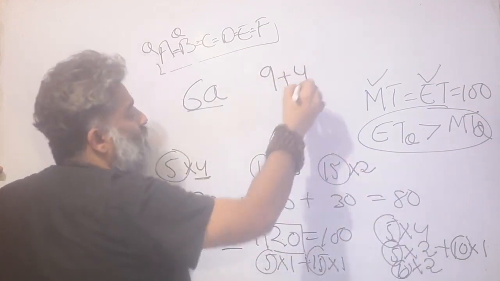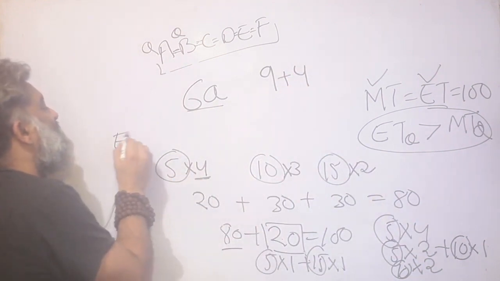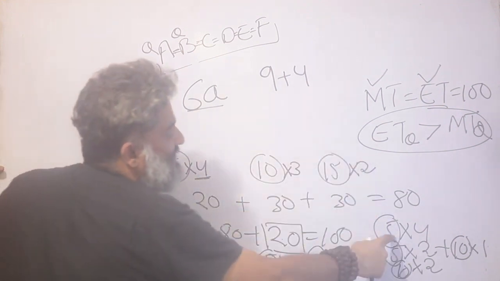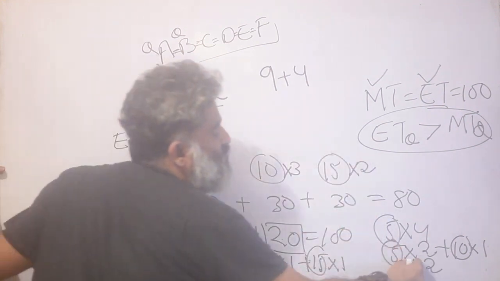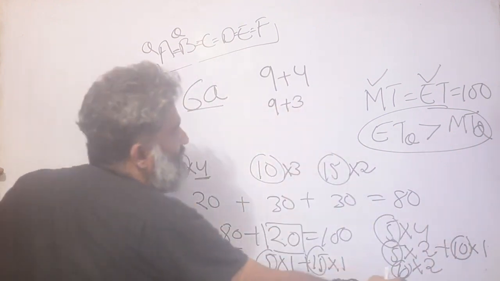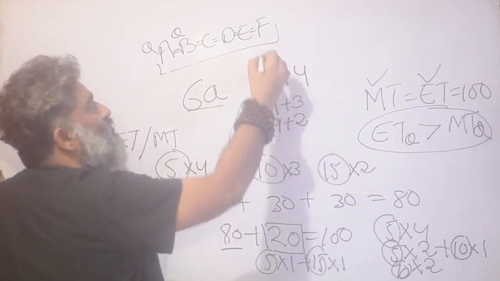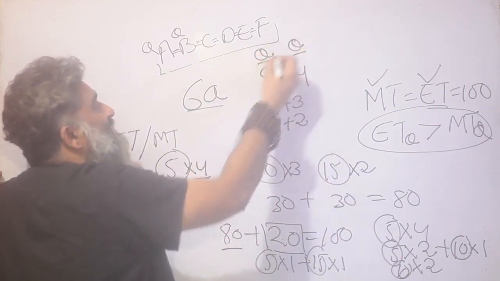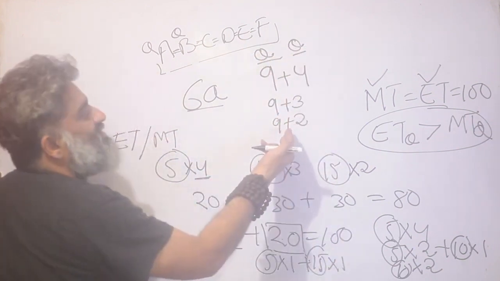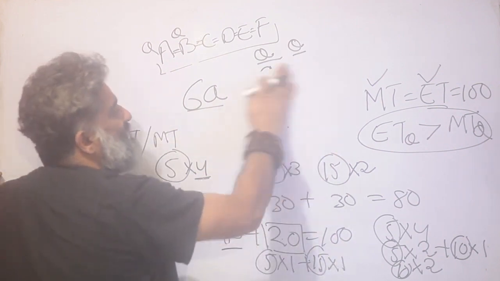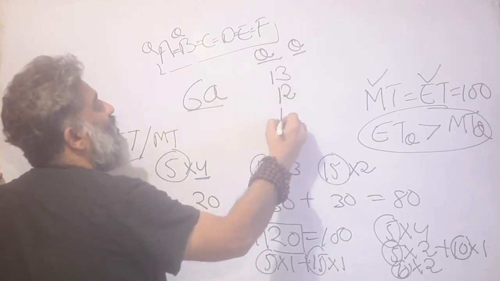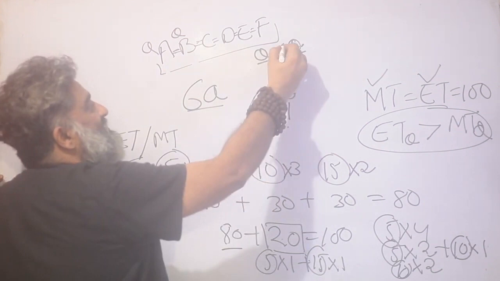So 9 plus 4. And remember, we are thinking of either ET or MT one by one. So I could have a story of 9 plus 4, or I could have a story of 2 and 1, 3 extra questions. So I could have a story of 9 plus 3. I could have a story of 9 plus 2. We are looking at the number of questions only. This much was already given to me. These are my possibilities. Or once again, I could have another 9 plus 2. That means the number of questions, if I look at one of these sections, can be 13 or 12 or 11. And this is one section.